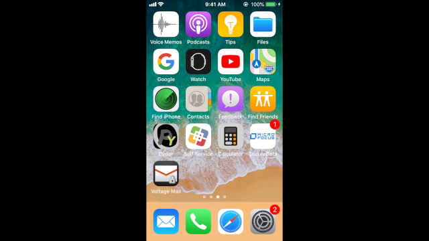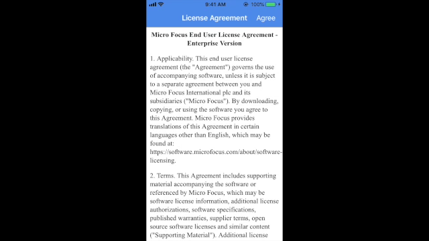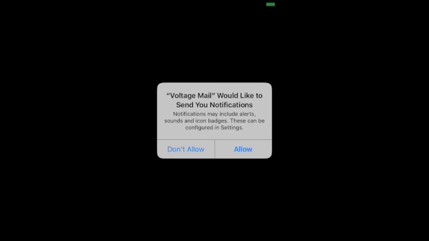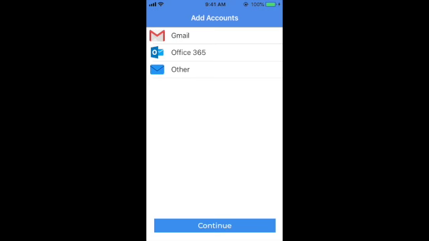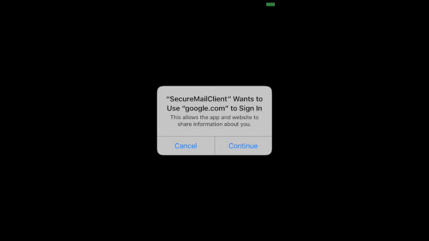So we'll begin with this demo. I'll launch the application. I'll click on agree. Now the add email account screen is displayed to the user. I click on Gmail and click on continue.